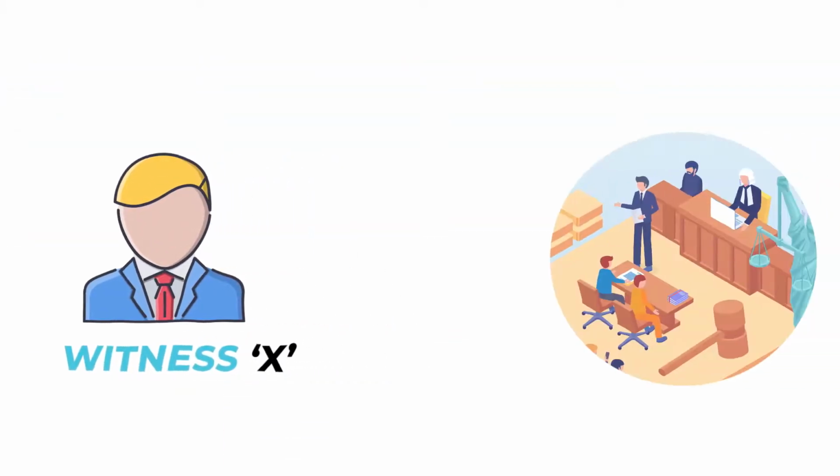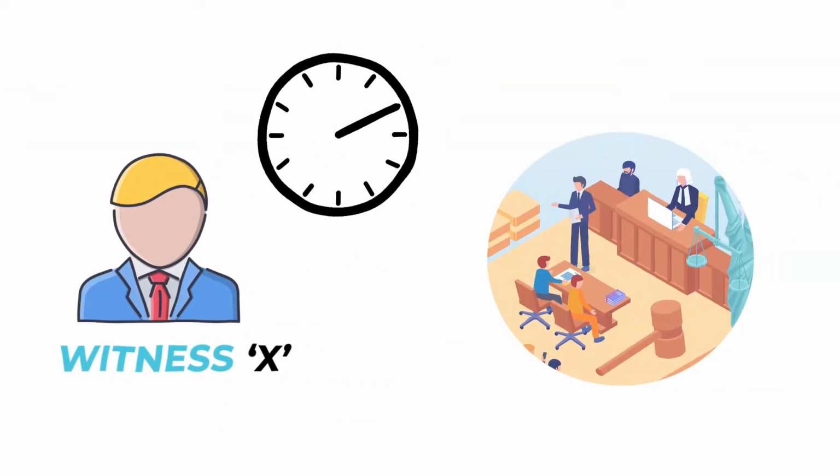So for example, if I've got a witness X and I'm going to be cross-examining for 15 minutes, if I've put down 15 minutes, they may actually stop me at 15 minutes and tell me your time is up. But sometimes they tend to be a bit flexible. What you do is they will add up all those minutes and give you an estimate: a half-day trial, a full-day trial, or it could be a 2 or 3 day trial, depending on how long it takes you to examine and cross-examine.